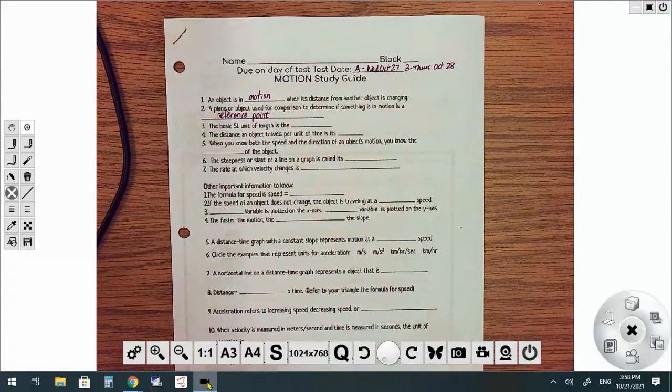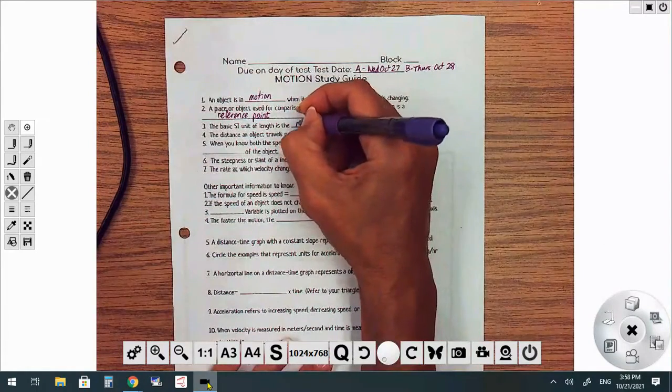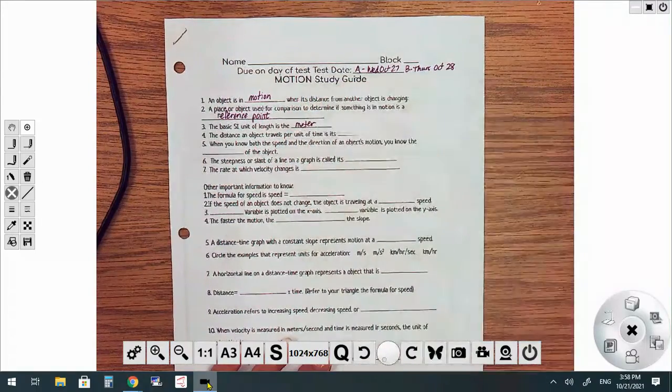The basic SI unit of length is the meter. Number 4, the distance an object travels per unit of time is its